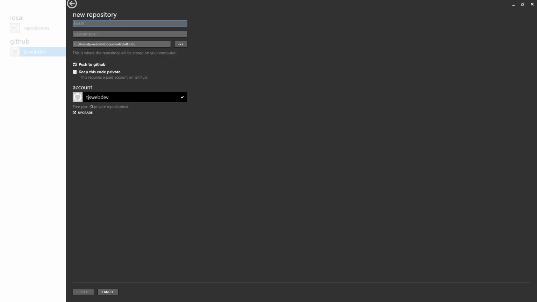Okay, so we're going to name the repository. This is just going to be HTML tutorial source code. Okay, and the description will just be source code for HTML series. It's not too beginnerish. Okay, so it's going to automatically put in the GitHub folder found in your documents,